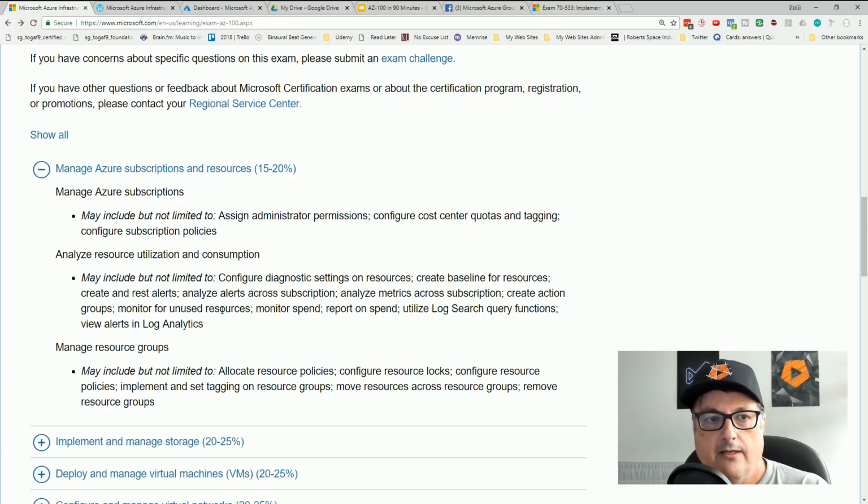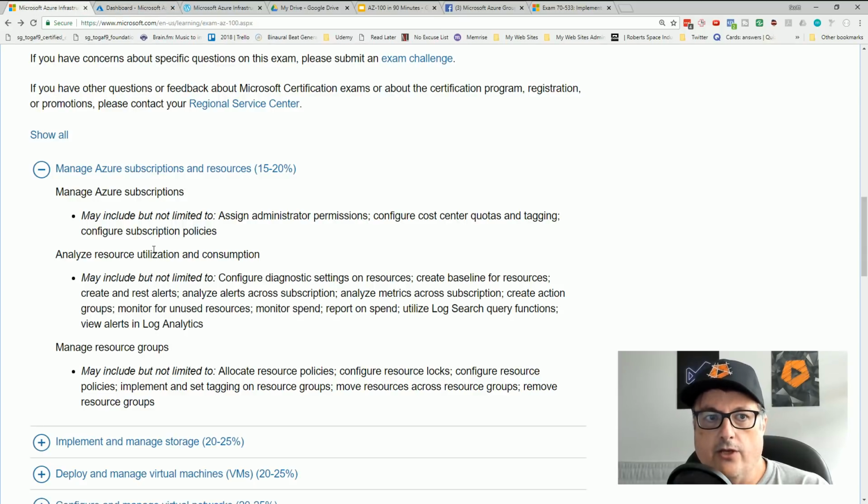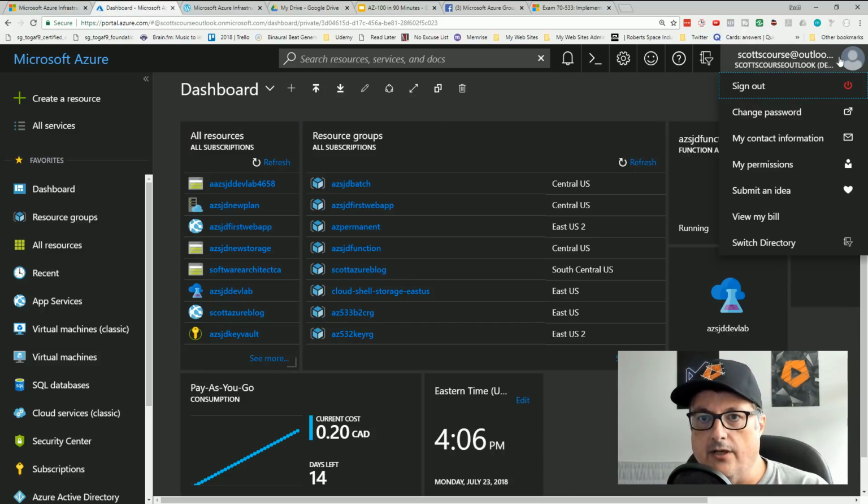Okay, so I do have my Azure account up here, and we could go into assigning administrator permissions. This would involve essentially creating users on your account.